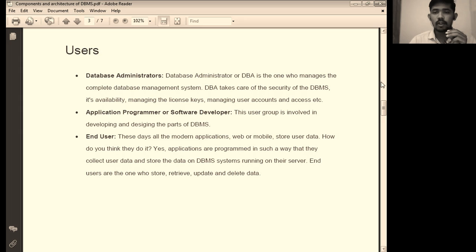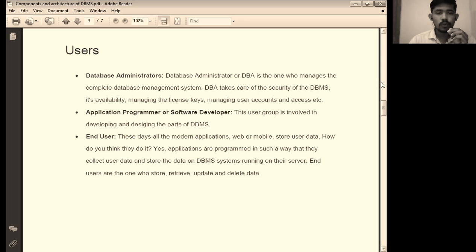DBA takes care of the security of the database management system. Very important concept: the database administrator takes responsibility for security of a database, availability, managing the license keys, managing user accounts and access. These are the functions of the database administrator.